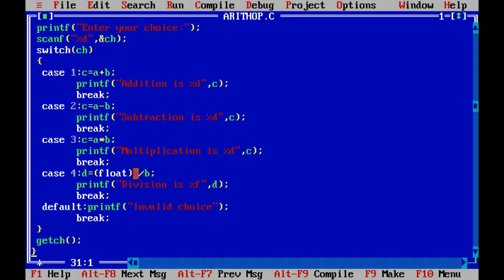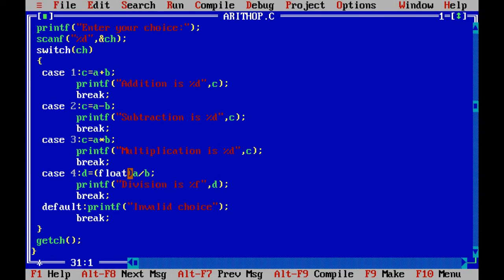But as a and b both are integer values, we have used typecasting here. That is, the value of a will be converted into float and then it will be divided by b, so that an accurate result can be given.